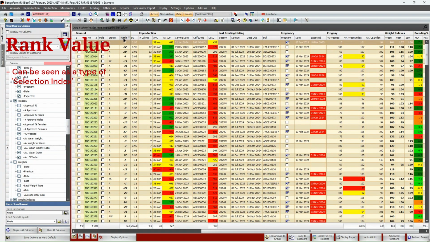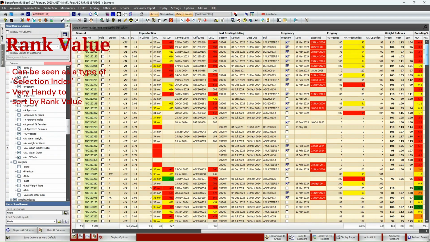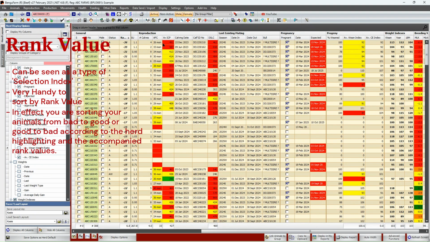What is very handy then is if you sort by this column. If I click on this column and go to the top, the ones that have the most negative values will be listed at the top. That one is -36 and -35, and you will see red values more or less across the board.